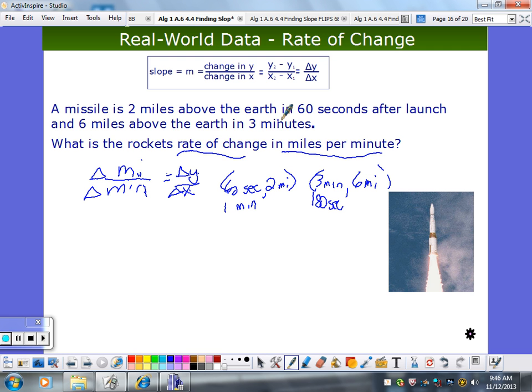And I'm looking at my answer here. So which way maybe you want to go? Maybe work with the minutes. But you can do it either way. Right? So I'm going to take my difference in y's. I've got 6 minus 2 miles over, now work with the minutes, 3 minus 1 minutes. Now you could have done this with seconds, and then you just have to convert at the end. So I've got 4 miles over 2 minutes, which is 2 miles per minute, which is actually not terribly fast